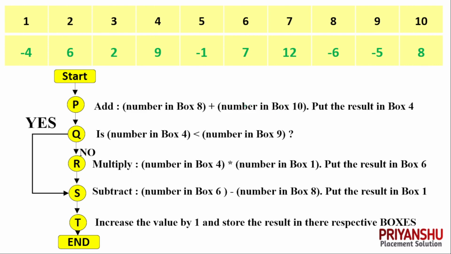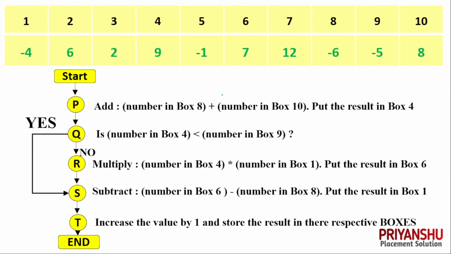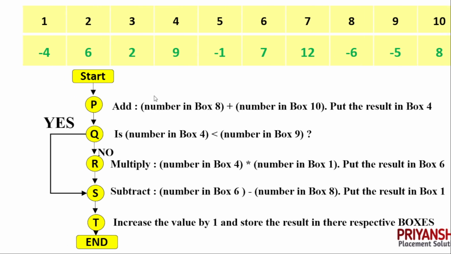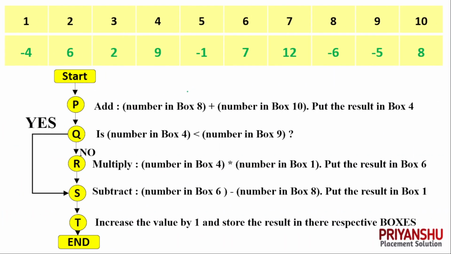So, guys, if you do this one and this one, then 80% of critical reasoning is done, right. That means 80% will be clear if you do this one and this one correctly. Okay, sitting arrangement and this flow chart problem. 7 to 8 questions are done only by this. Okay, so there are 70 or 80% chances of clearing this reasoning section. Okay, let's move to this question.